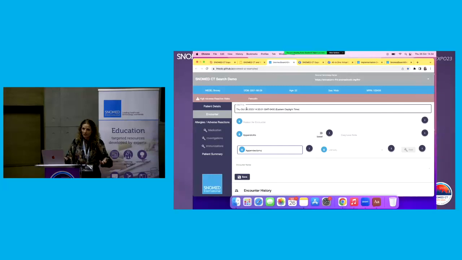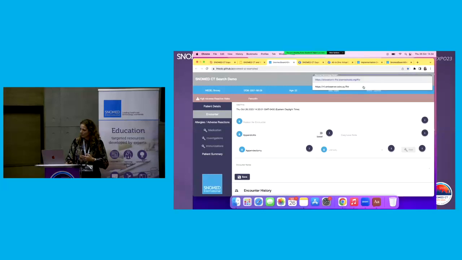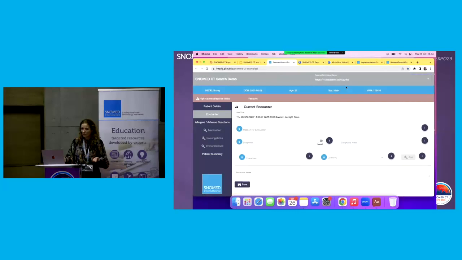So for these very large search fields, binding to a terminology server, you can see here I'm bound to Snowstorm. I could also use Ontoserver. Snowstorm is a terminology server that supports the FHIR Terminology Services API, the same as Ontoserver, so I can just swap servers now. And again, if I start to type,